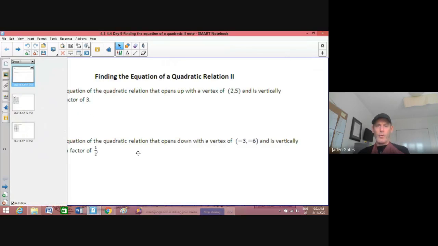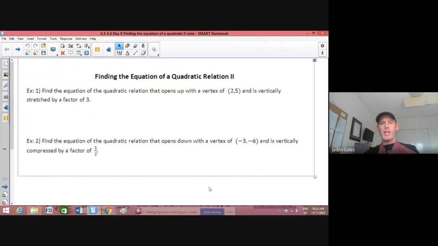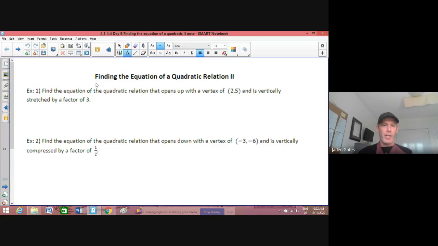All right, now we're going to go back the other way. Here we go. Finding the equation, part 2 this time. Find the equation of the quadratic that opens up with a vertex of 2, 5 and is vertically stretched by a factor of 3. Now, here's what we want to do here. If I'm going to find the equation of a parabola, I need these 3 values,